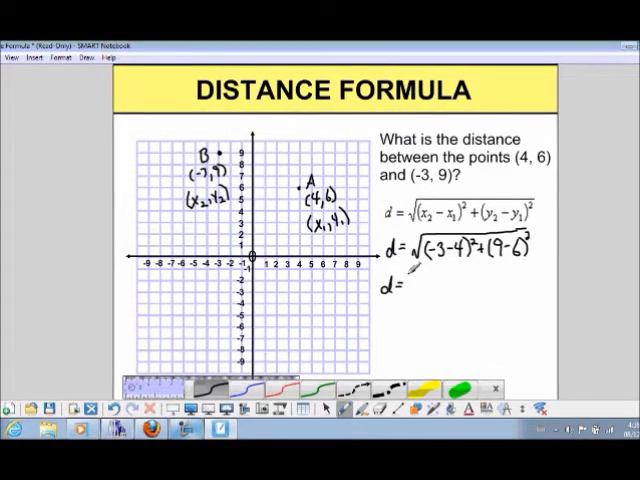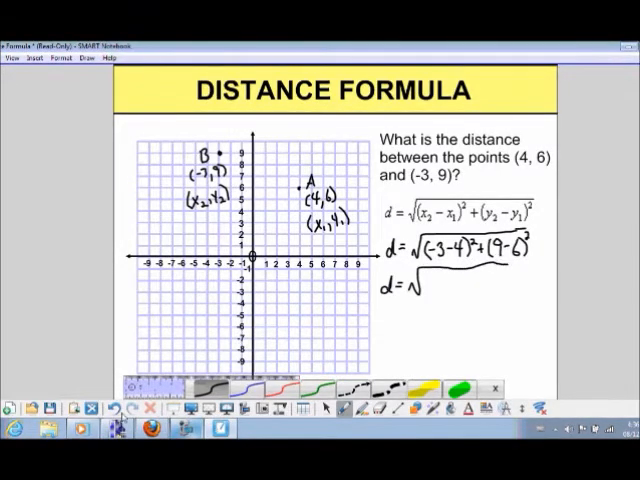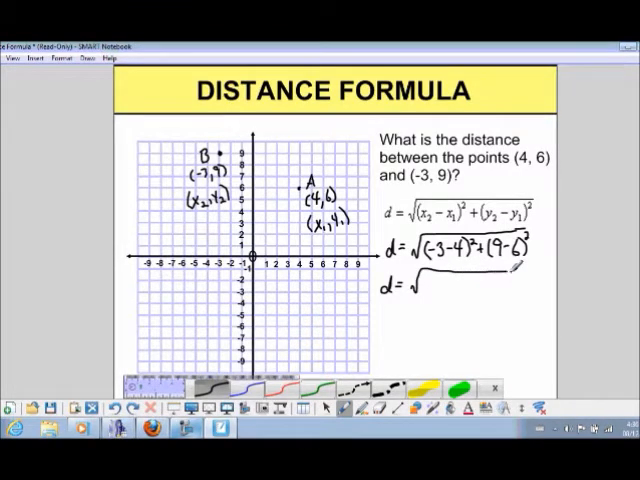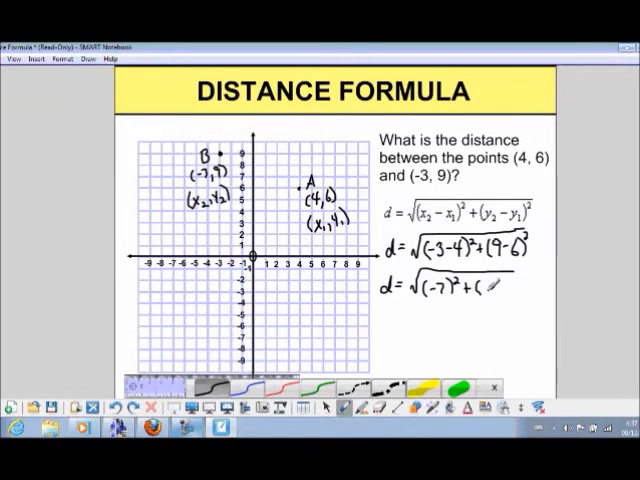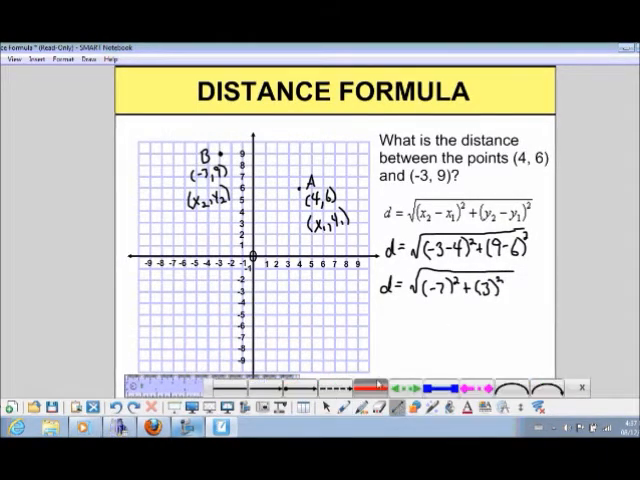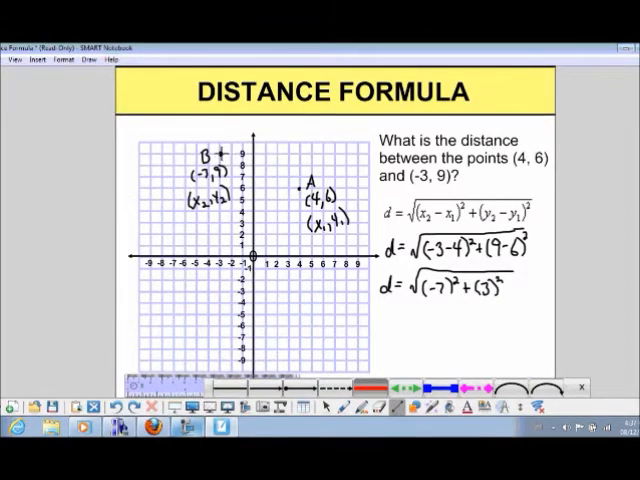And now if you remember order of operations, we've got to do the brackets first. Let me try that square root sign again. A little bit better. So we're going to do our brackets first. Negative 3 take away 4 is negative 7. And then 9 minus 6 is 3. Now, a lot of times people wonder, well, where did this negative 7, where did the 3 come from? And I basically said this is an